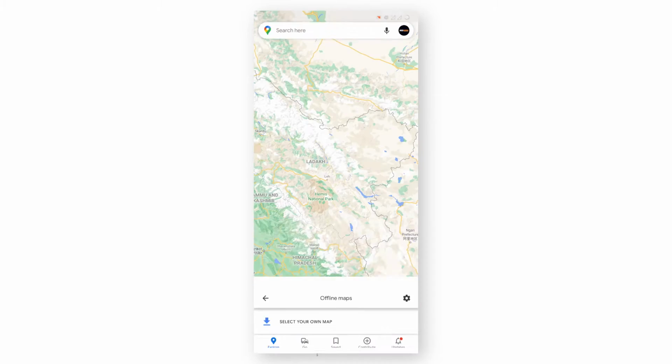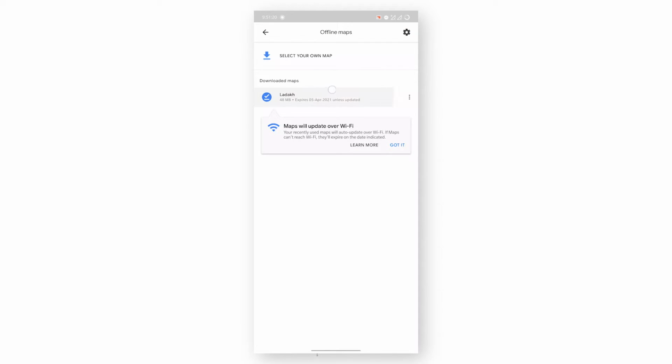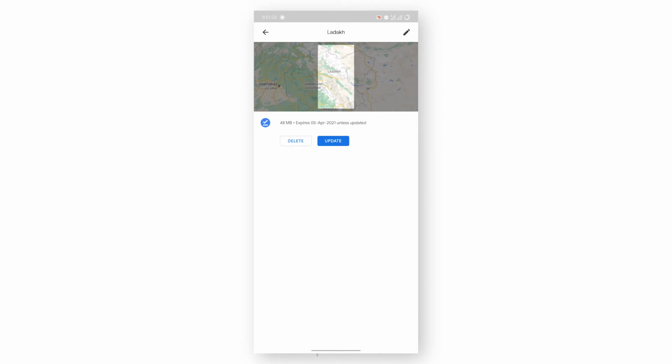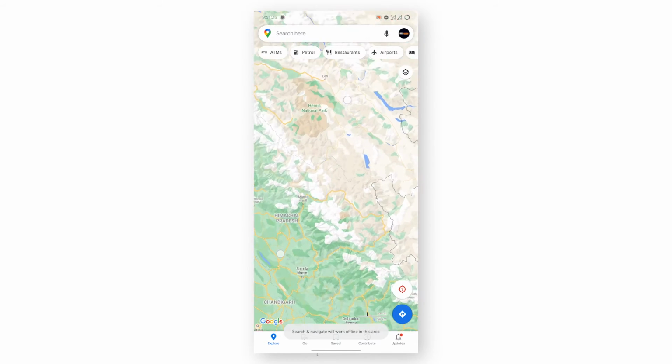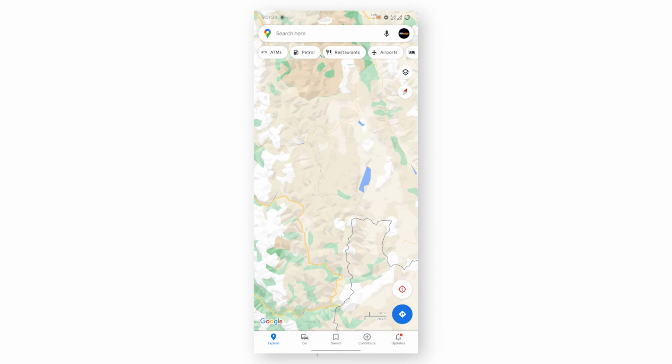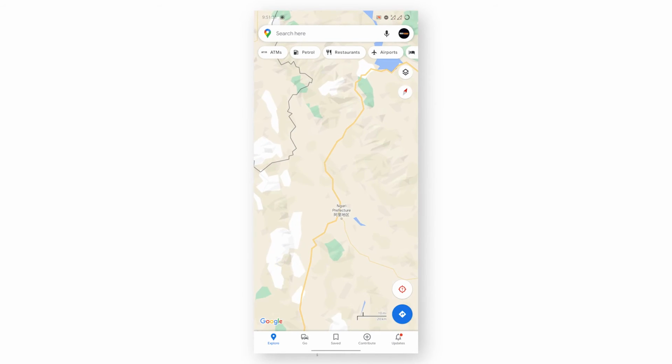and here you can see Ladakh. Click on it. So this is called the offline map. I can access the Ladakh map without my internet connection. So this is how you can use Google Maps